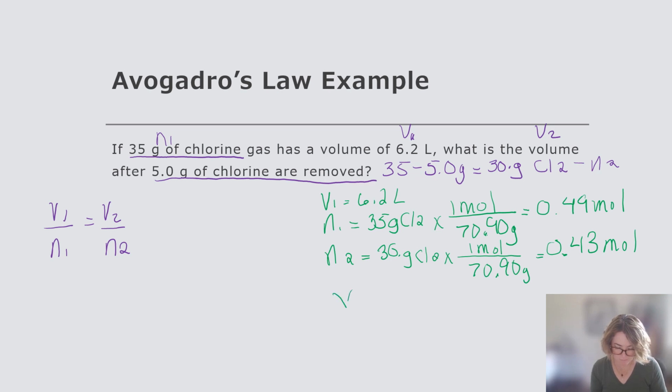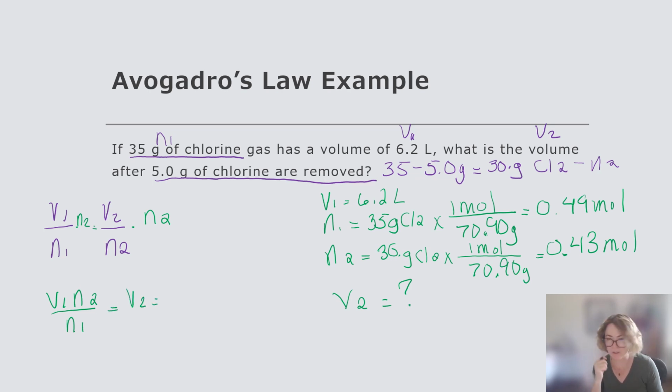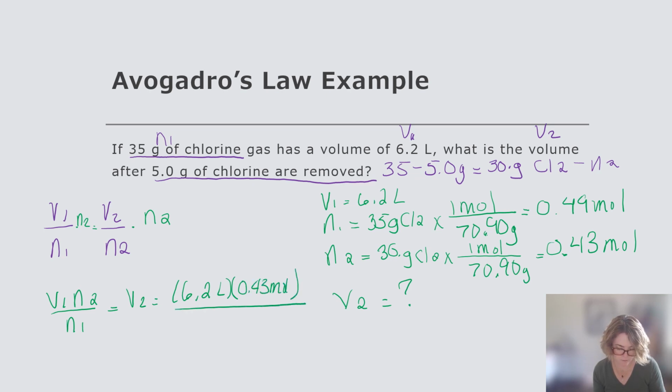All right, and I'm solving for V2. Just like we've done with all of the other ones, I'm going to rearrange my equation to solve for V2. So I'm going to multiply both sides by N2. And so I get V1 times N2 over N1 is equal to V2. So I'm going to plug all my numbers in. I have 6.2 liters times 0.43 moles over 0.49 moles, and that is going to give me